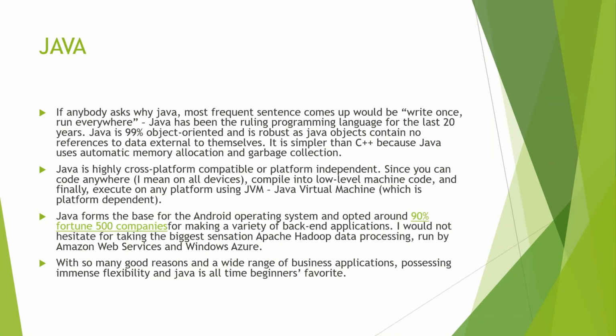Java. So, what is the difference between Java and JavaScript? Well, to be honest, there's a lot. If I ask for Java, the most frequent sentence that comes up would be "write once, run everywhere." Java is highly cross-platform compatible, or platform independent. Since you can code on any device, compile it to low-level machine code, and finally execute it on any platform using the JVM, the Java Virtual Machine, Java forms the base of our Android operating system